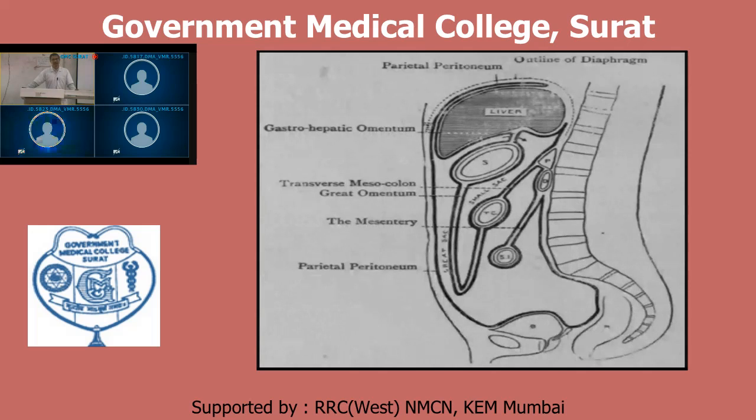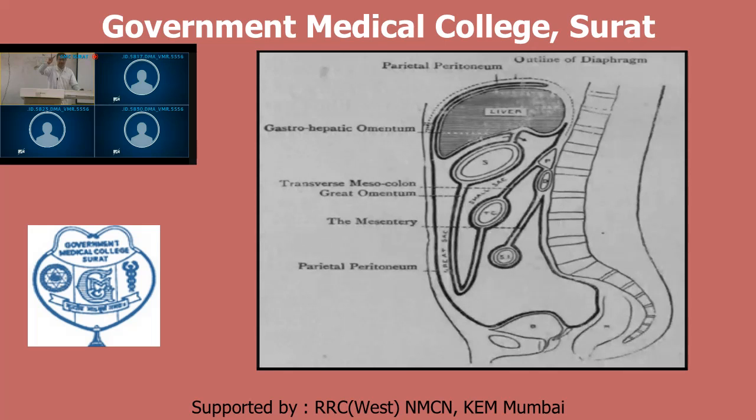Therefore, in female there is a difference, and two folds are present in female only: the recto-uterine fold and the uterovesical fold. These folds are present in female because of the presence of the uterus in between the rectum and urinary bladder. Now this is the difference between male and female.